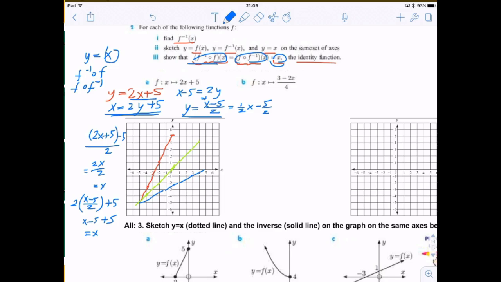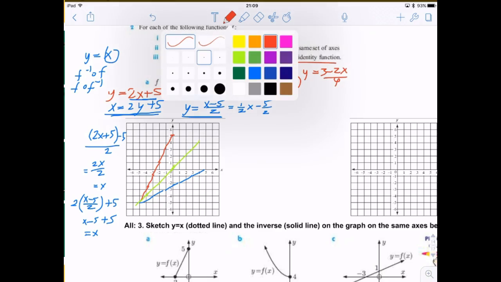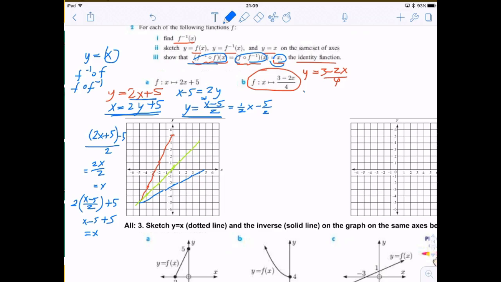Okay, so now let's go on to b, and we have this function here, which is y equals 3 minus 2x divided by 4. Let's use variable interchange and figure out what the inverse function would be. X equals 3 minus 2y divided by 4. Then we're going to multiply both sides by 4, and we get 4x equals 3 minus 2y. We subtract 3 from both sides, and we get 4x minus 3 equals -2y. Then we divide both sides by -2, and we get y equals